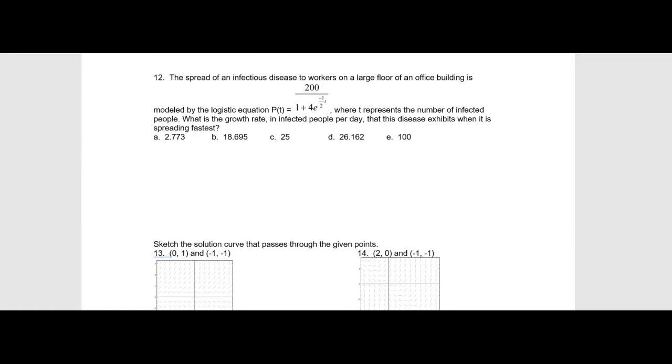12. Spread of an infectious disease to workers on a large floor in an office building is given by, and then that is your population equation in the logistic model. T represents the number of infected people. What is the growth rate in infected people per day that the disease exhibits when it is spreading fastest? So when the question is asking what is the growth rate, that's basically our derivative. So if this is your logistic population equation and it's asking what is our growth rate, what is dP/dt, then we could hopefully jump right to that,